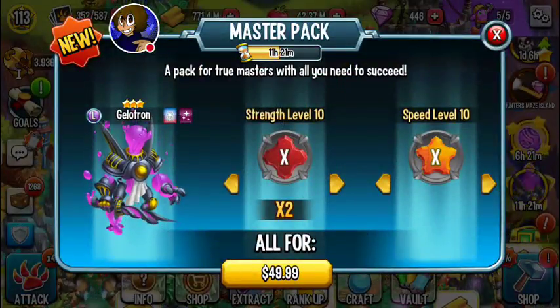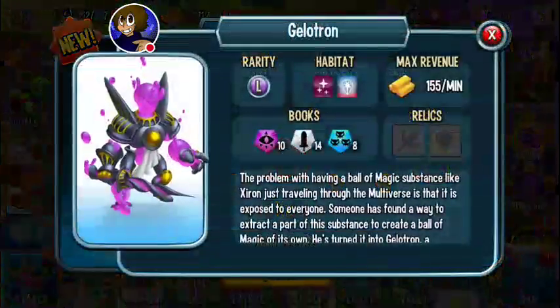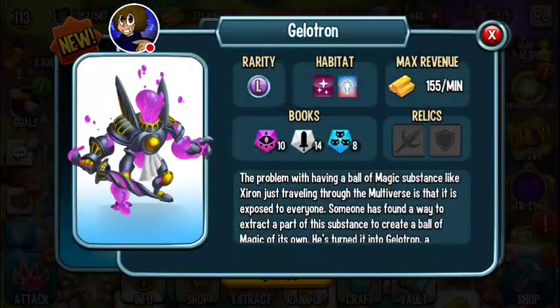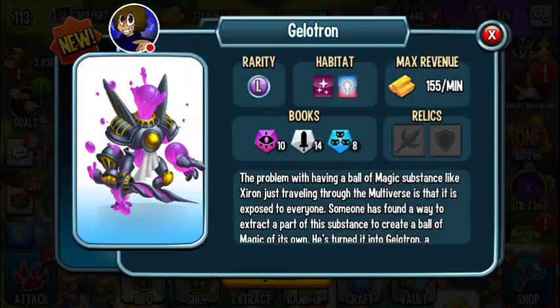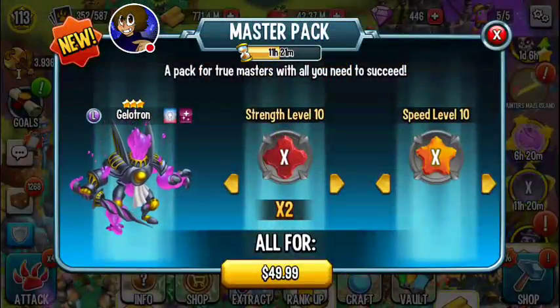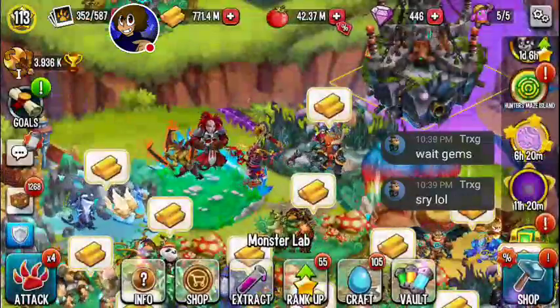So I'm getting this deal. There's no way I'm not, because this is a very Dib monster. It's a lot of fun. And I want to see how well it pairs up with Zarya. The nice thing with Zarya, or at least the logic...